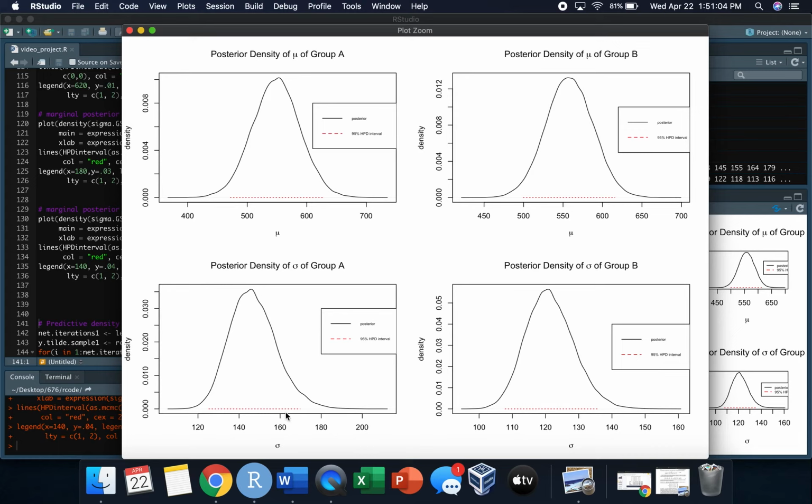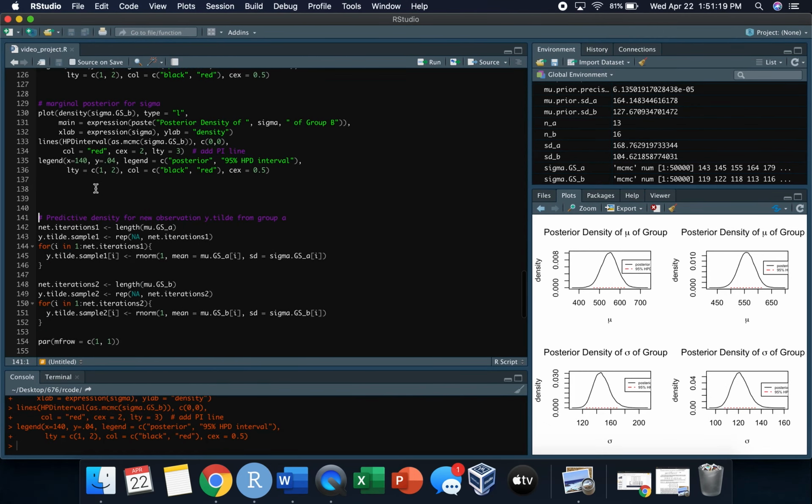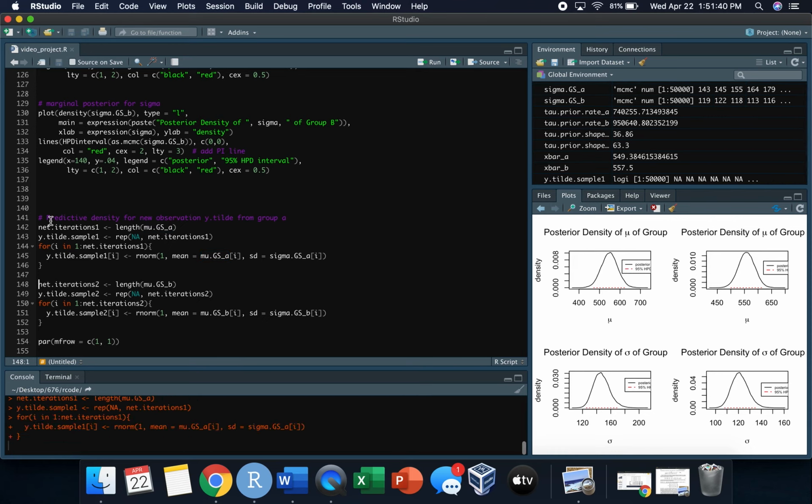So we can say, let's see, okay, so 160 versus, you know, 120 or so. So the variation in group A is a bit bigger compared to group B. So that's what we can get out of this. But what we really want to look at is the predictive density for new observations from groups A and B. So what this code does is it takes a number of iterations from the Gibbs Sampler, and then it'll make a data frame to fill up through this for loop. So for the for loop, for each item from this vector, it'll extract